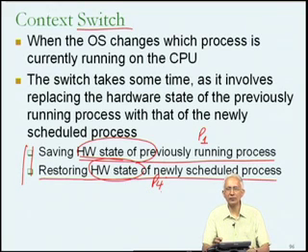So, where is the operating system supposed to save all this information, the hardware state? You will recall that we had talked about the hardware state, the hardware registers, as being part of the data associated with the process, and therefore the operating system is going to have certain space associated with remembering the hardware state of each process, and this is going to be part of the context of each particular process. So, the operating system is going to manage this in memory, and the saving of the old state and the restoring of the new state are the essential components of what happens during a